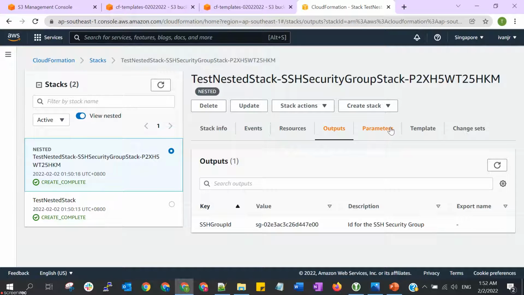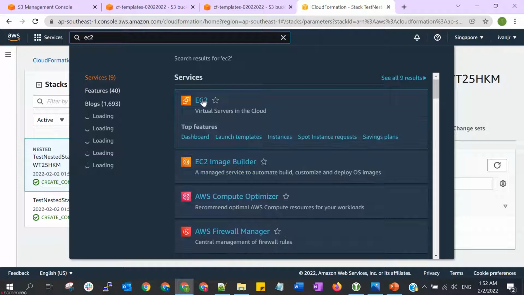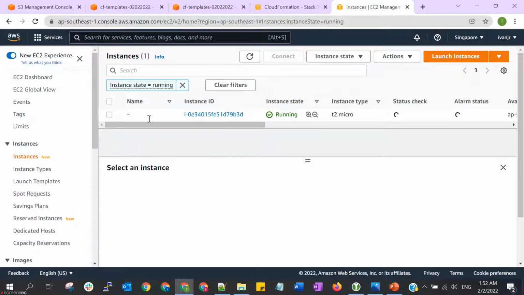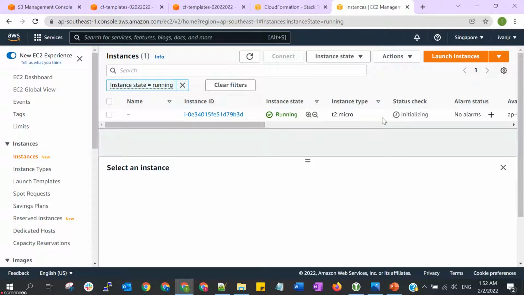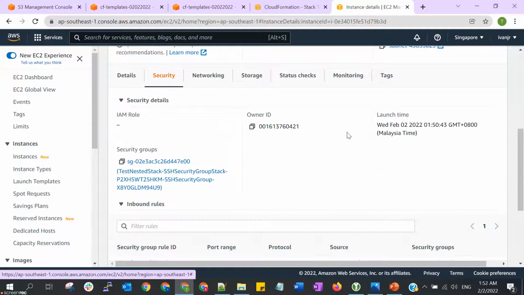Okay, so if we go to EC2, we can see that our instance is just running and still doing the status check. And we can see that the security group is tied to the EC2 instance.